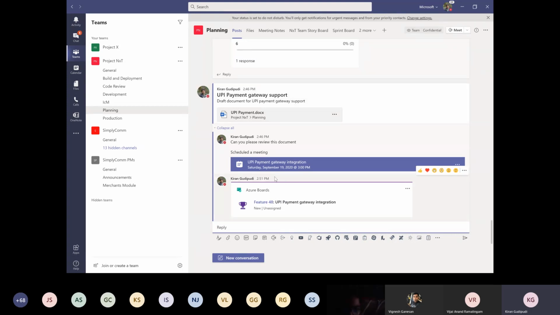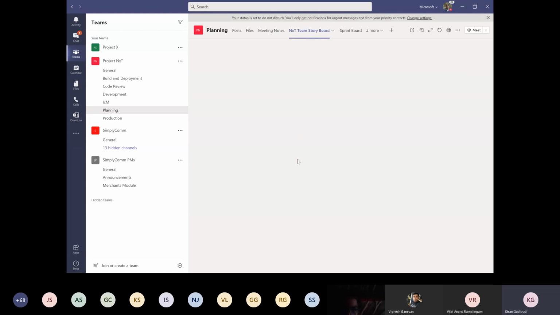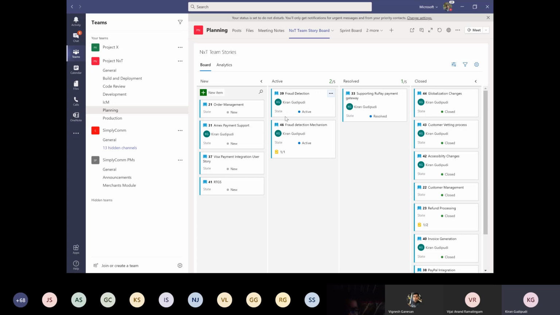So now I have added this user story to my backlog items. So now the next logical step for me is to do the sprint planning, right? Once I add this user story to backlog items, here in the planning channel itself, I have a tab over here saying Next Team Storyboard. So if I click on this tab, I'm seeing this storyboard over here, and I should be able to see